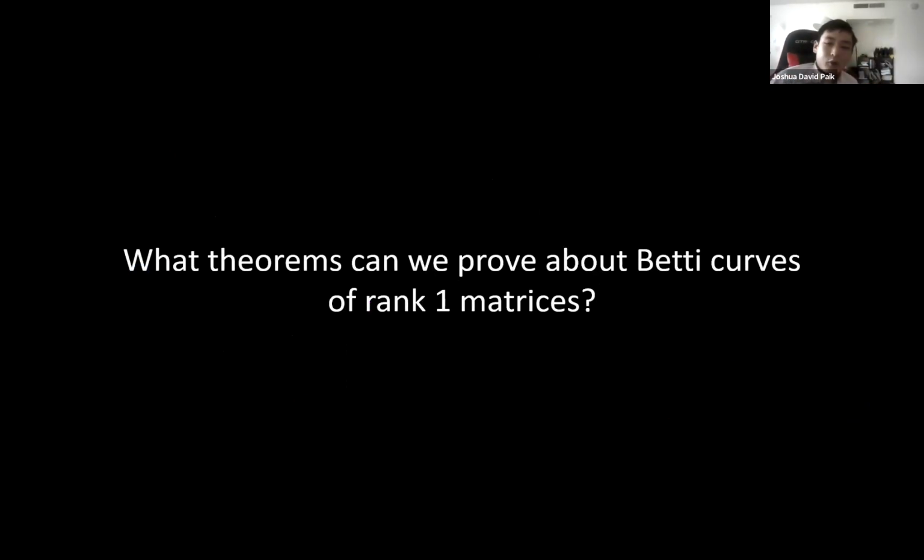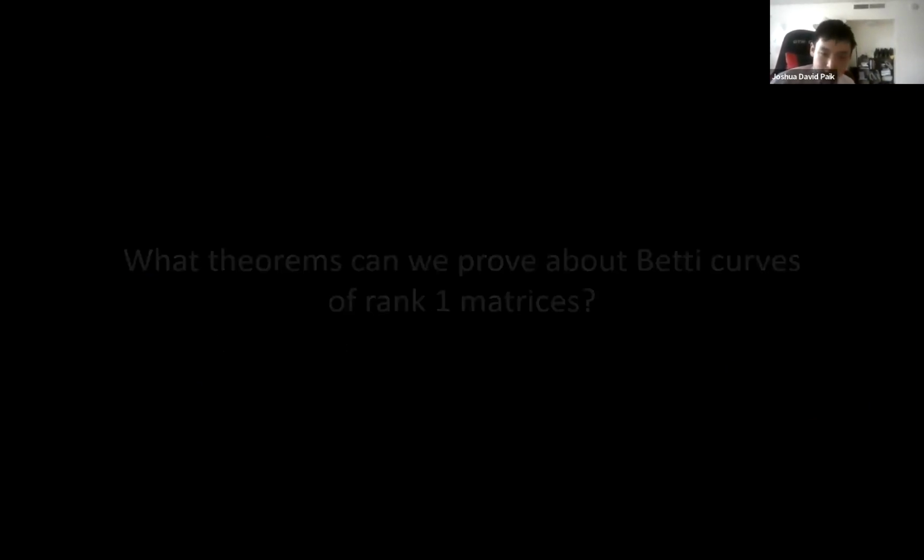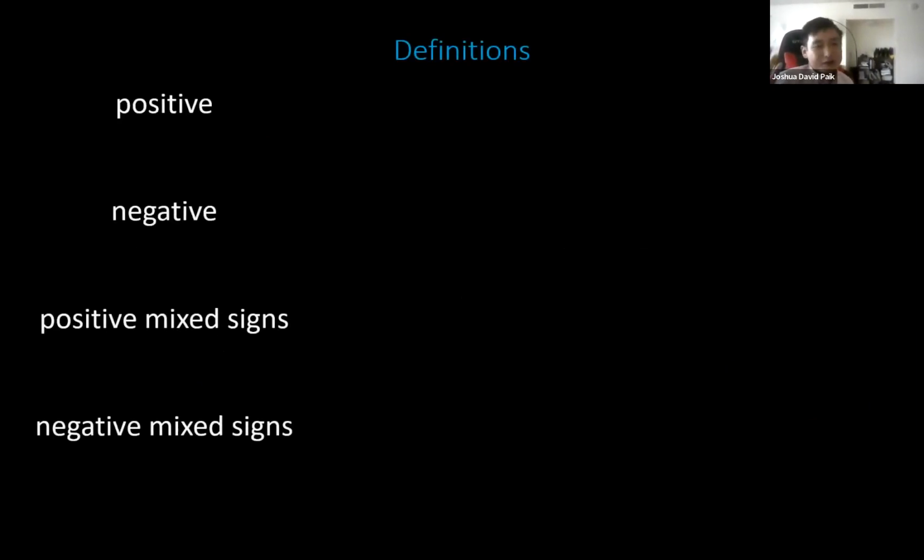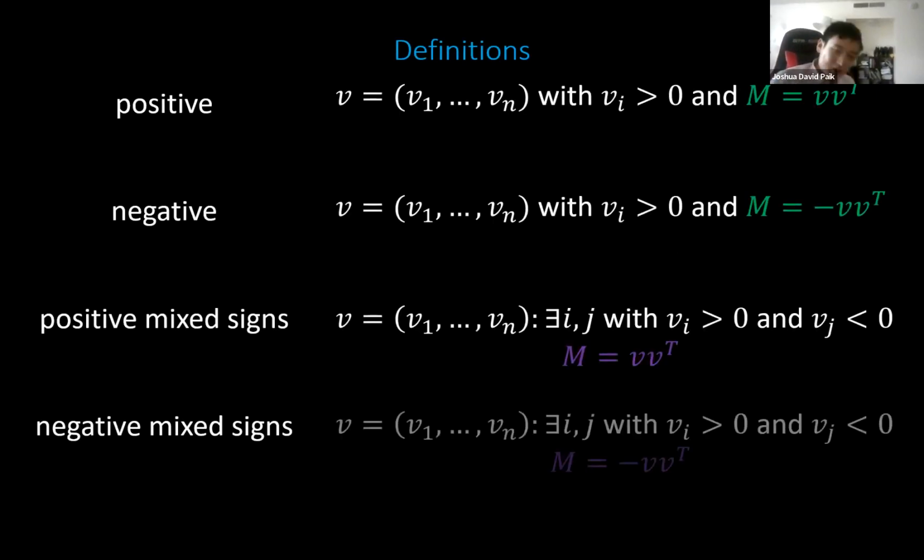So now we want to know, okay, what theorems can we prove about Betti curves of rank 1 matrices? Well, before I can tell you theorems, I have to give you some definitions. Here are 4 definitions; rank 1 matrices come in 4 types. Either the generating vector is all positive. It could be all negative, but then if you multiply 2 negative numbers, it's positive. So you take the generating vector with all positive entries, and we'll call it positive rank 1 if it's just